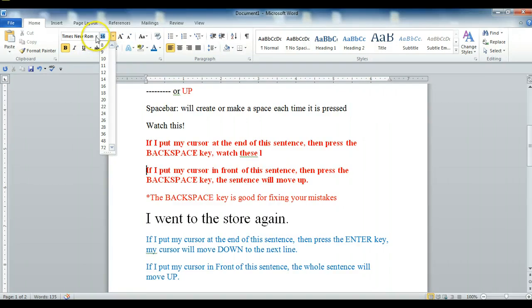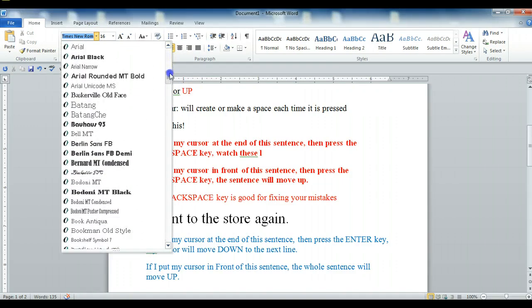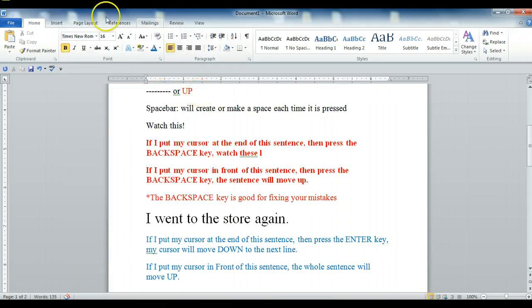When I click on this little arrow, this box drops down and gives us a lot of choices for how we want our font, and font is what we call the letters. So we can change our font to any of these different ones, and that's the fun part of doing word processing. We'll talk about some of these